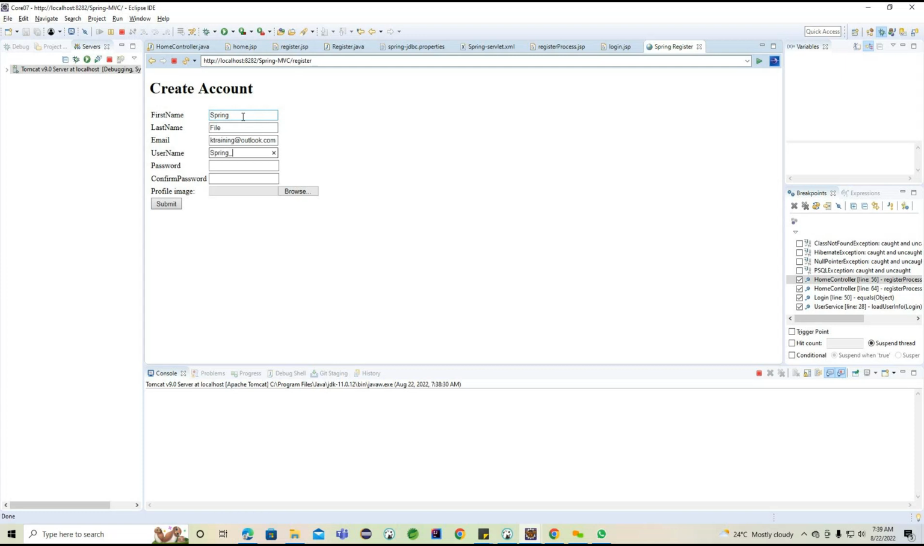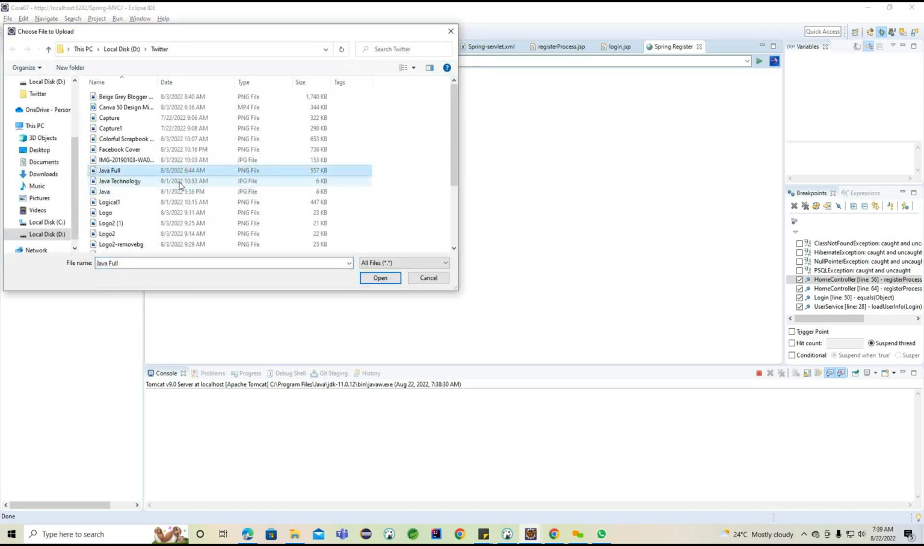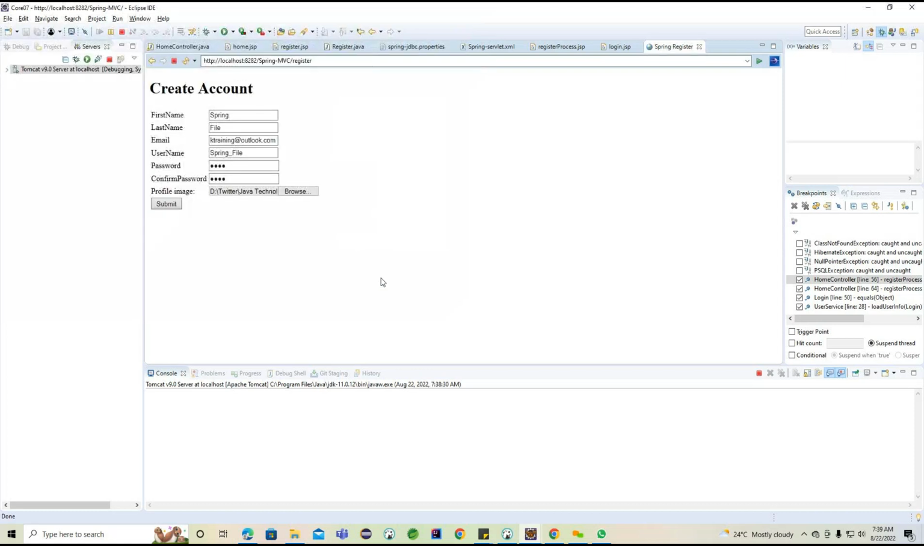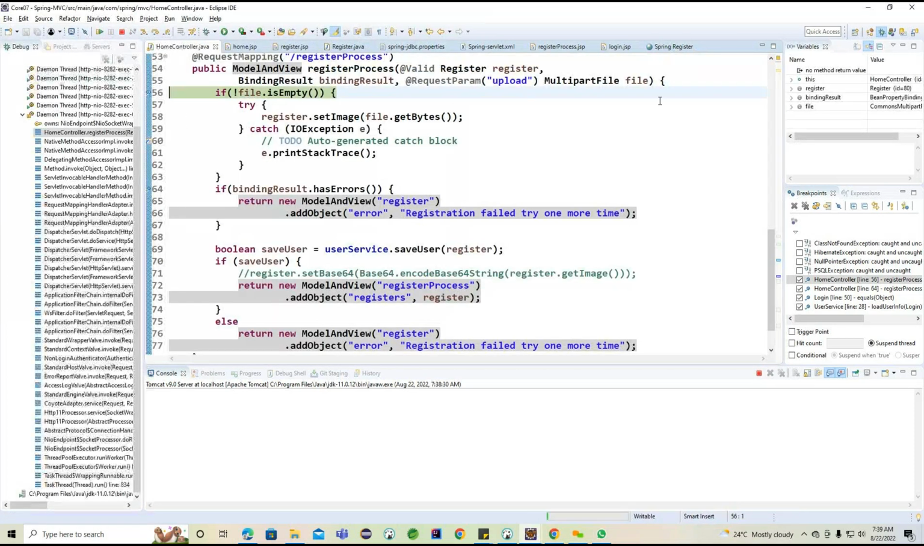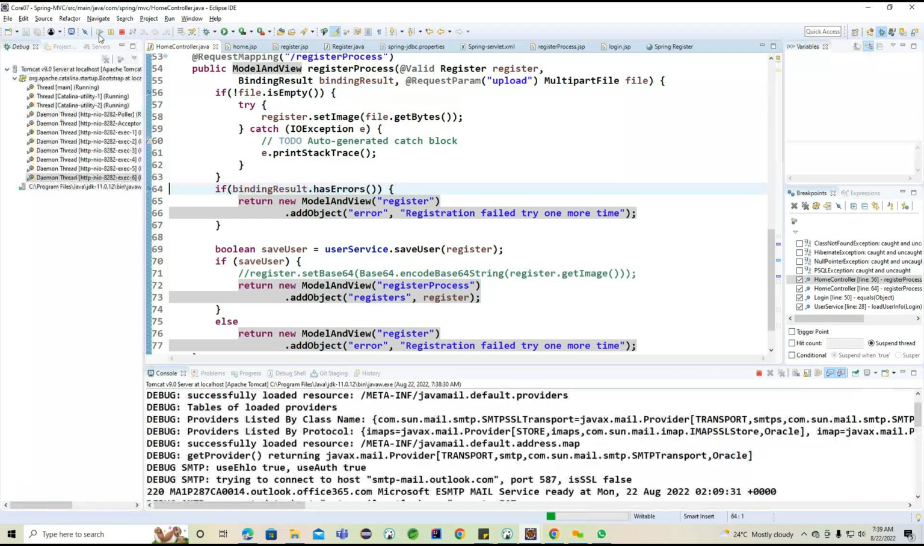So the username is also the same, spring underscore file, and here the output is also file. Okay, and finally I'm trying to click on the browser. The same image that I saved into the database, I'm trying to use here. So here the file object is coming. Once the object is coming, what is another change? So if I'm trying to click on this,